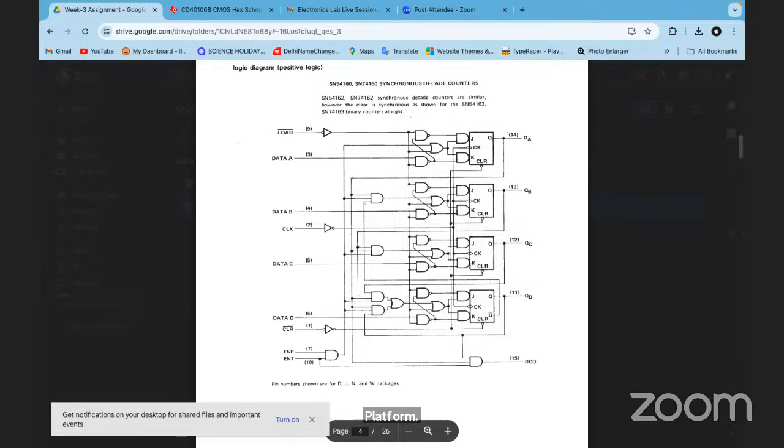Now, how many logic gates is your clock driving? 4 to 5, sir. 5, including that inverter. Correct. So what was happening is, though ADALM is giving 0 and 5 volt, there